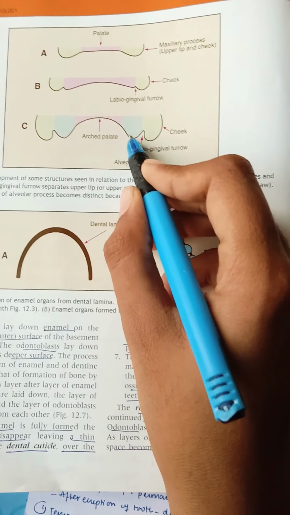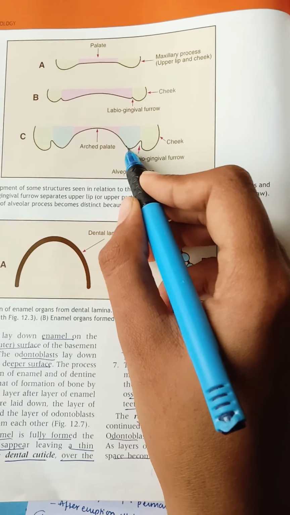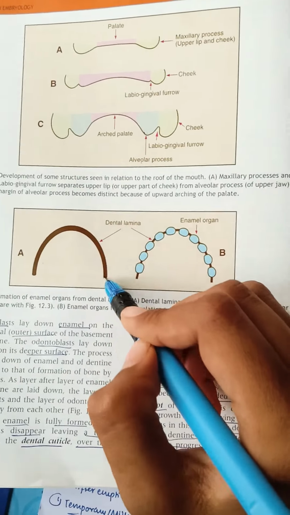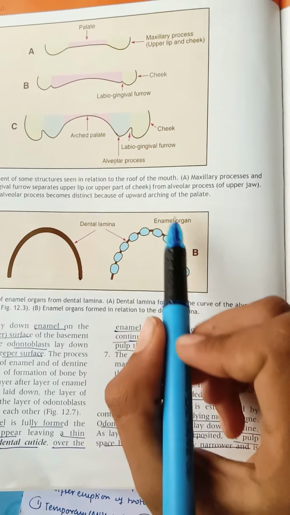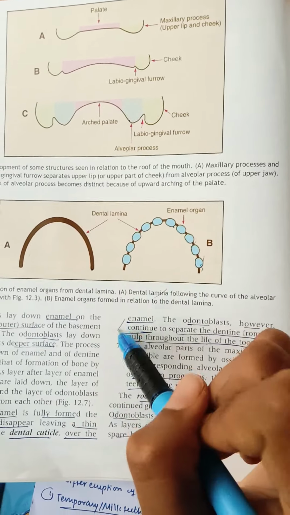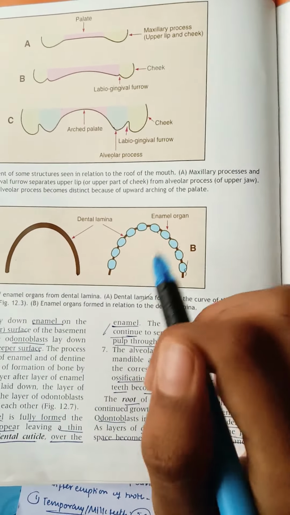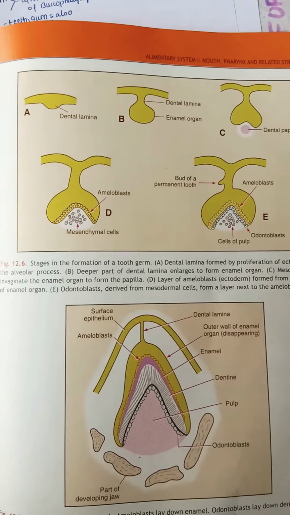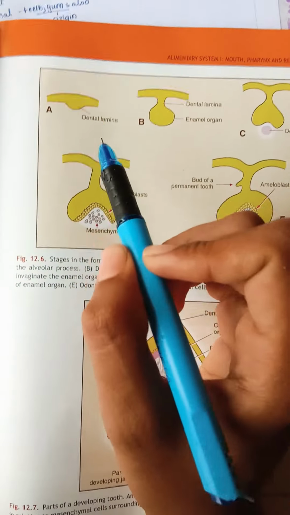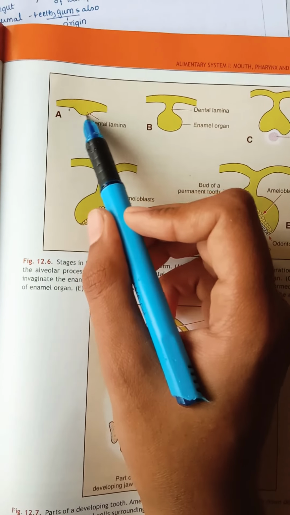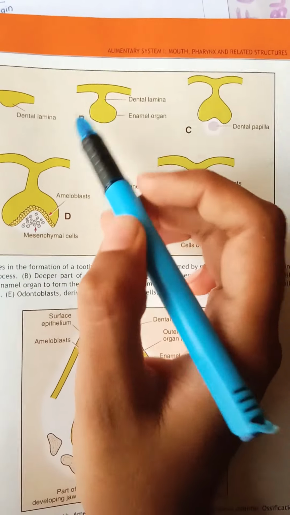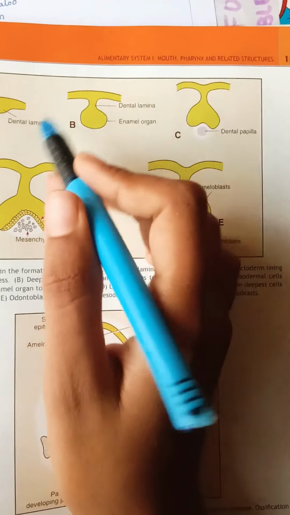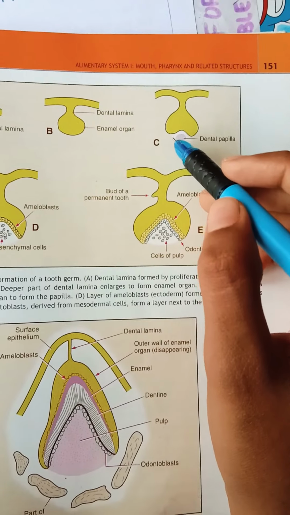Here in the alveolar process, the dental papilla is an ectodermal lining which forms over it and leads to formation of teeth. So you can see this is how the dental lamina is laid down, and the enamel organs are formed later like this. In relation to the dental lamina, enamel organs are formed. And next, the process of teeth eruption takes place like this. So first the dental lamina is lining on the alveolar process, and you can see it is forming an enamel organ, so it forms like a bulging like this, and later this is what is called the cap stage.